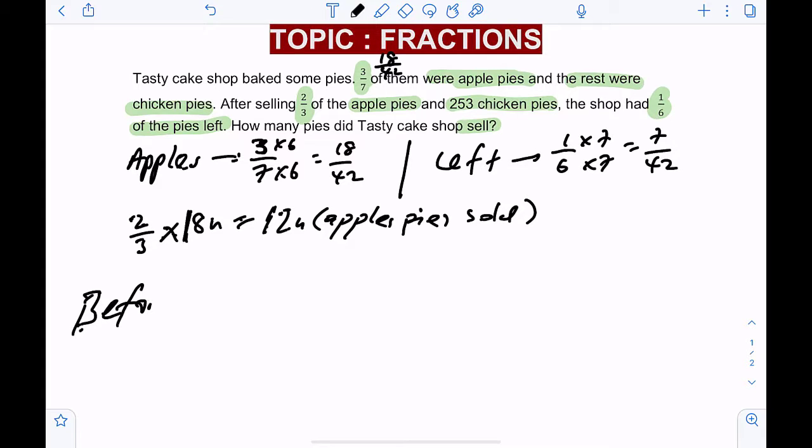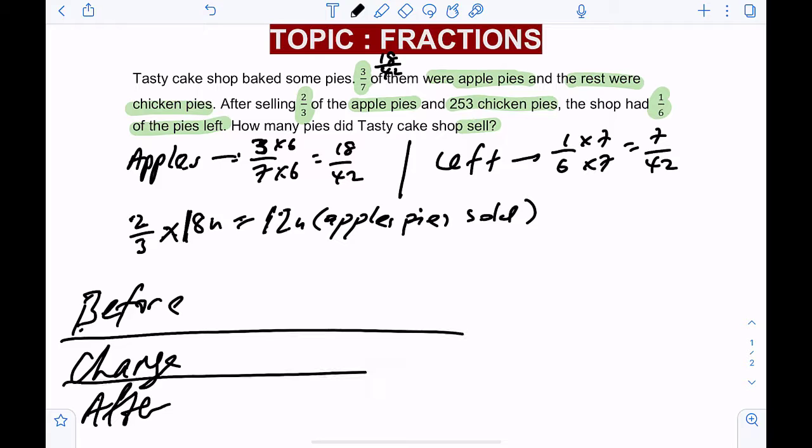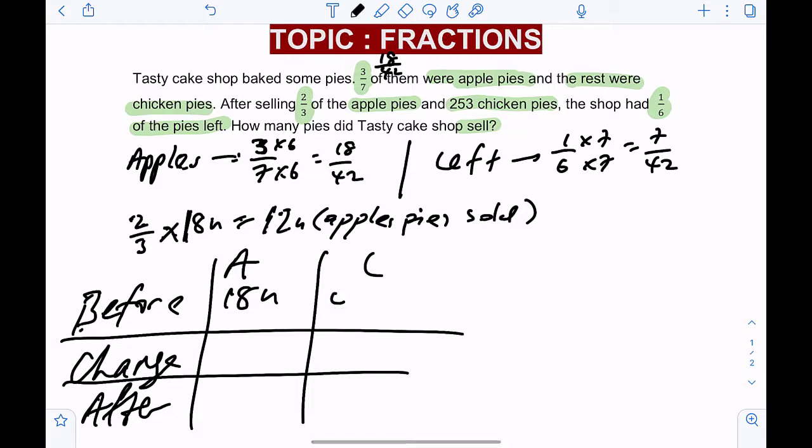what actually is happening. So before, change, after. Alright, so we have the apple and we have chicken. So at the start, we know there's 18 units for the apple, right? And for chicken, it will be 42 minus 18, 24 units. And since you sold 12 units for the apple, you will be left 18 minus 12, 6 units for